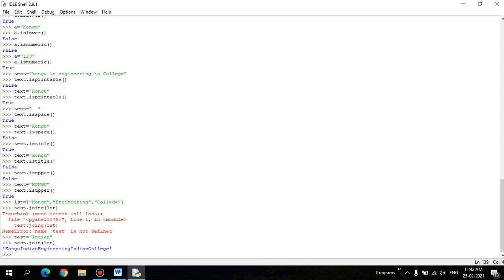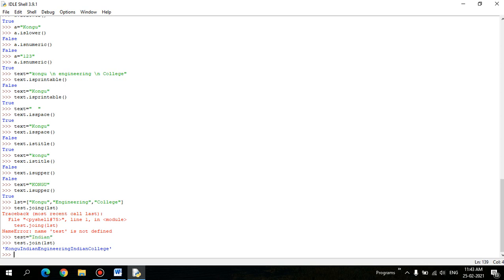The list has 3 elements, and test is assigned the value Indian, and this Indian is going to be attached to each element of the list. So that is the example.